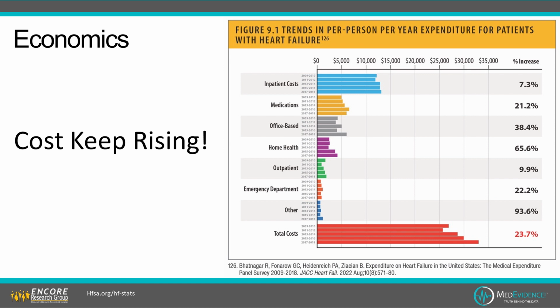Yeah, and it's so important. You can see in the bottom of this slide that the cost over a decade for treating congestive heart failure has gone up 23.7%. And there's a lot of emphasis in research to figure out how to prevent the hospital component of it, which is the most expensive component. So, for example, we're doing clinical trials now where we're looking at tracking devices to see if we can detect worsening congestive heart failure as early as possible. And so thank you for you guys participating in those studies.